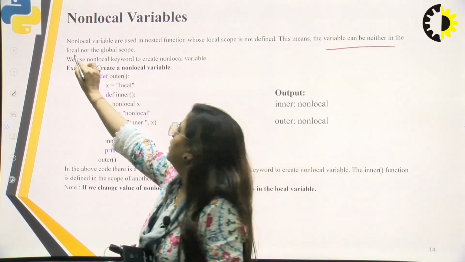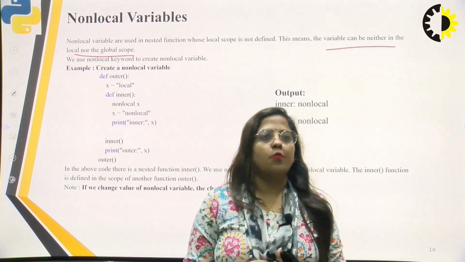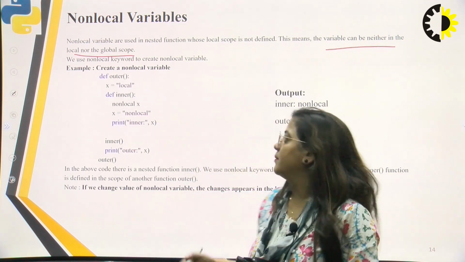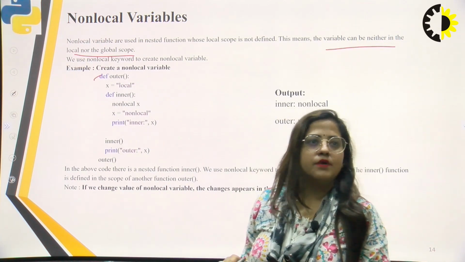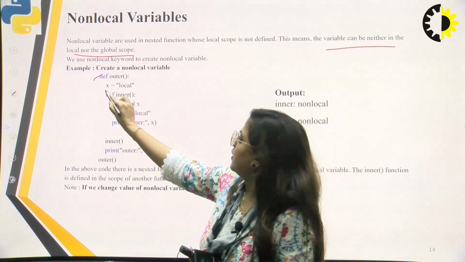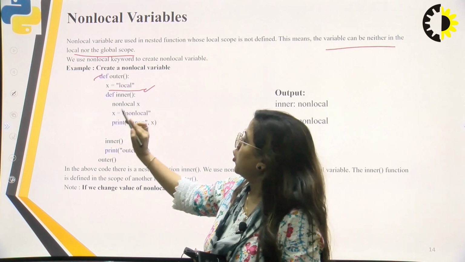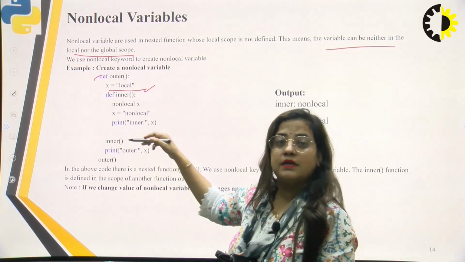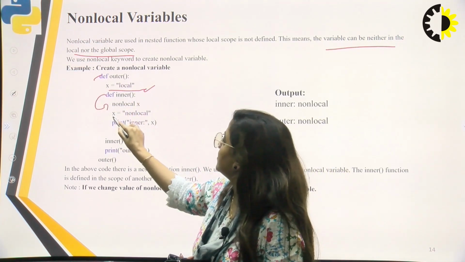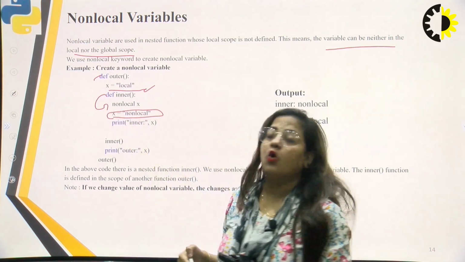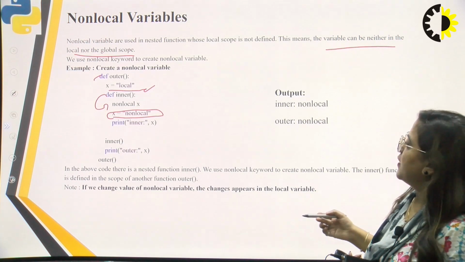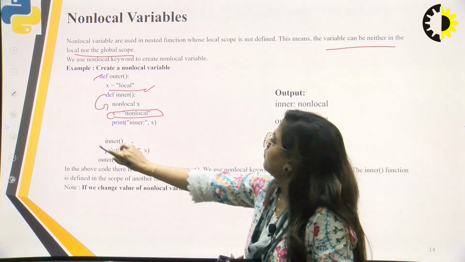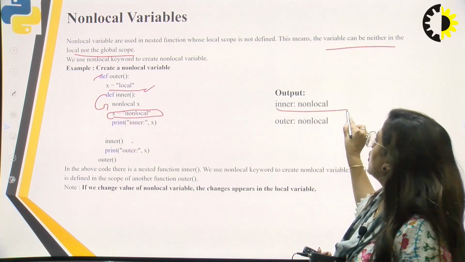Neither local nor global scope. Here we create a nonlocal variable. First of all, create a function: def outer_function, where x is local and nonlocal is inside the nested function. Another function is created. This variable is called nonlocal, and print. So what is the output when you call the inner function? It uses the nonlocal and outer side,